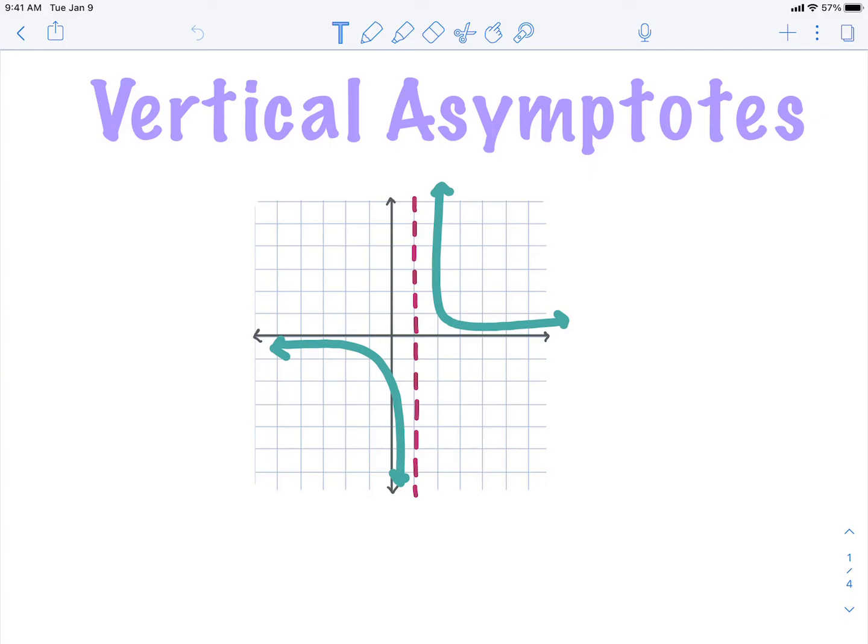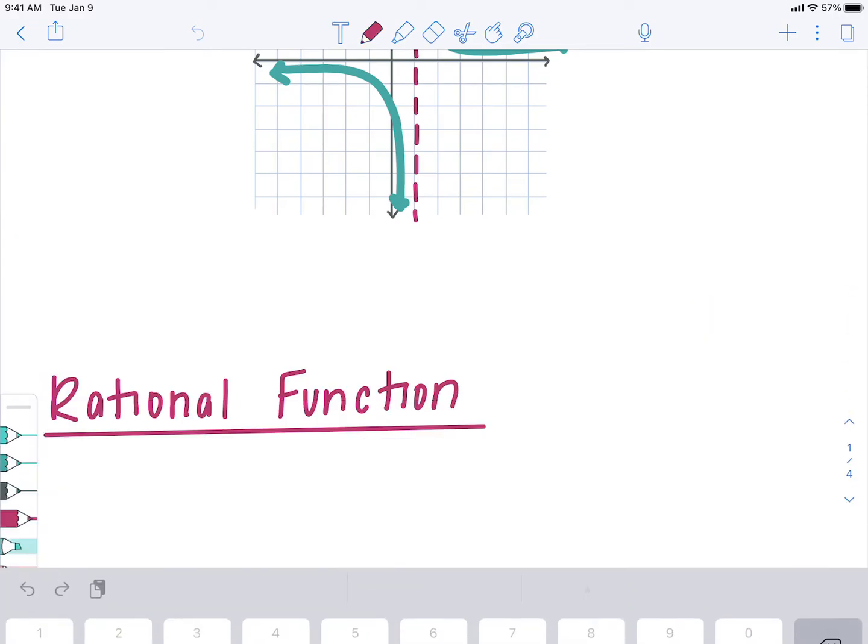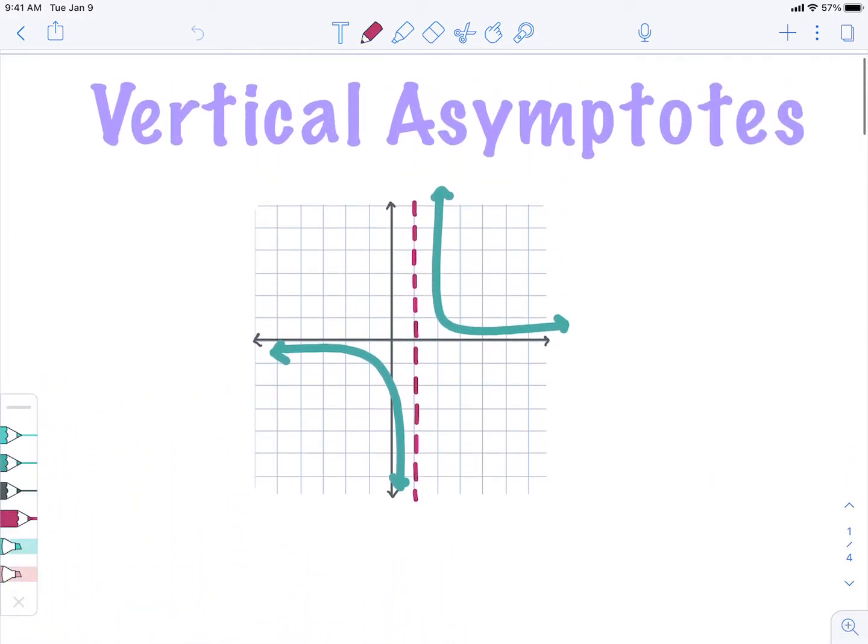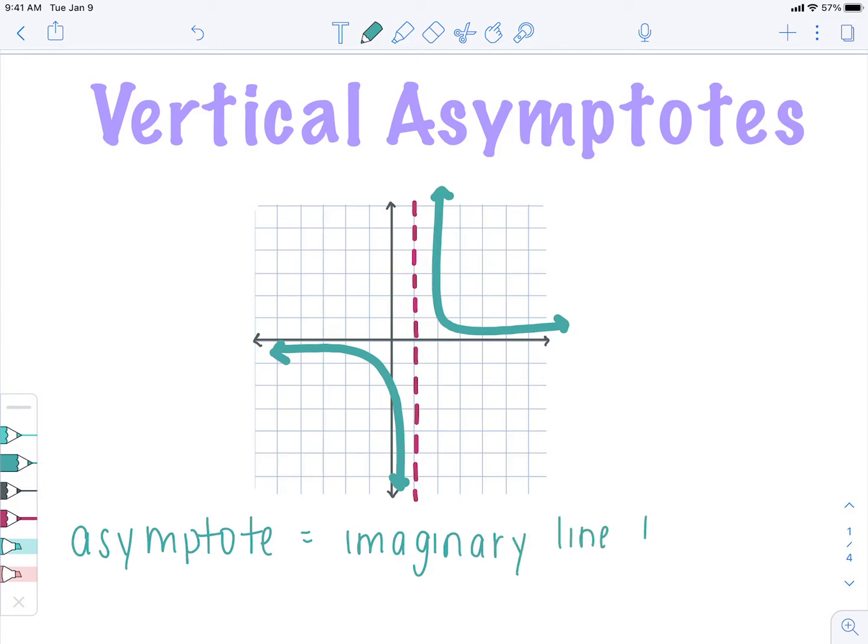So an asymptote is an imaginary line the graph cannot cross. So here, our asymptote is shown by this dotted line, and whenever we graph our asymptotes, we use dotted lines